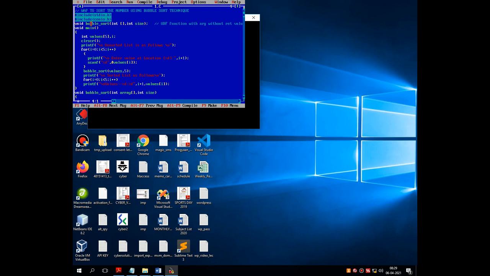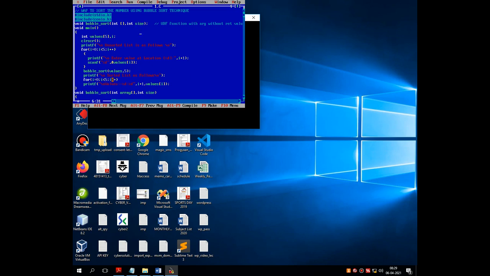Name of the function is bubble underscore sort, and the parametric values I am passing is one array which is of integer type and the size. Here I am passing array because I have to pass the multiple values. If you observed the execution of this entire program, then you can see that I have entered the 5 values and this program sorts the 5 different values and displays onto the screen.